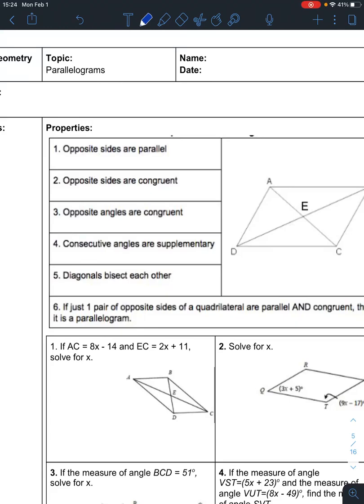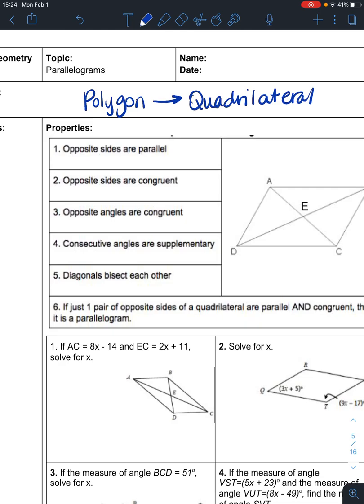We started this unit talking about parallelograms, about polygons. And then we went from polygons and got a little more specific. A polygon was just a closed figure with at least 3 sides. Then we went more specifically to quadrilaterals. And then we just kind of in general spent some time talking about the interior and the exterior angles of